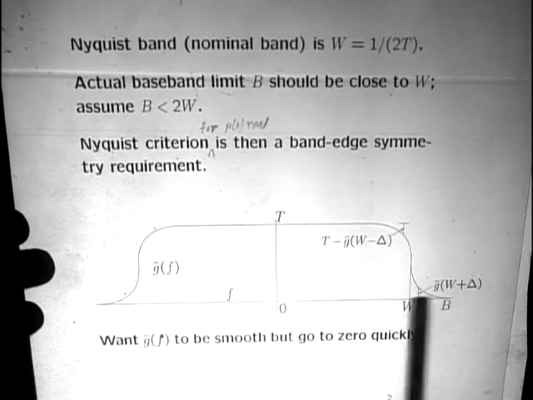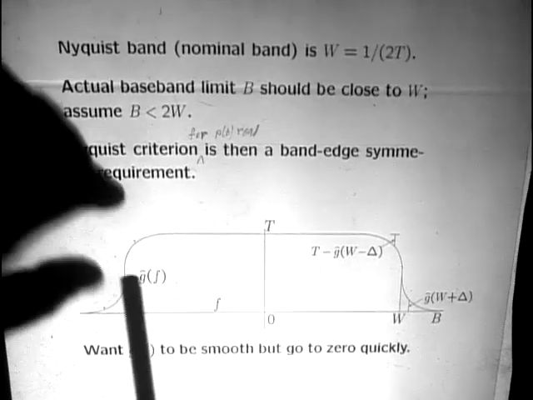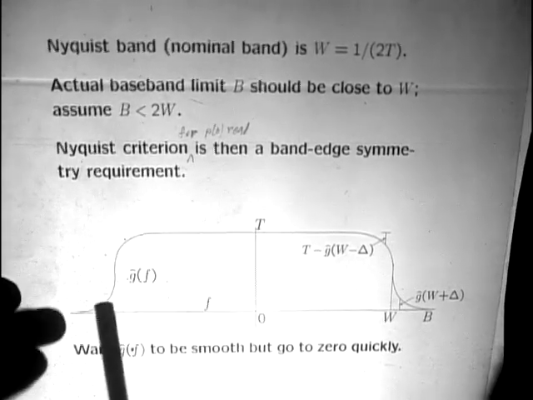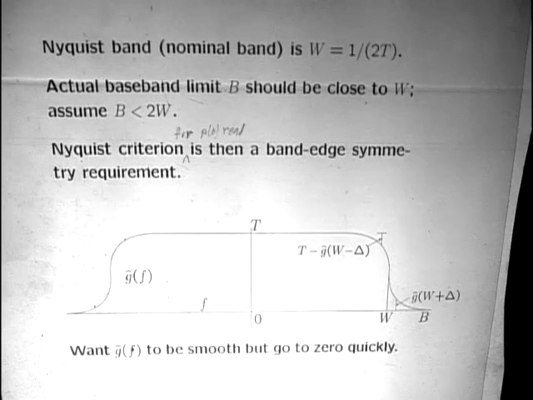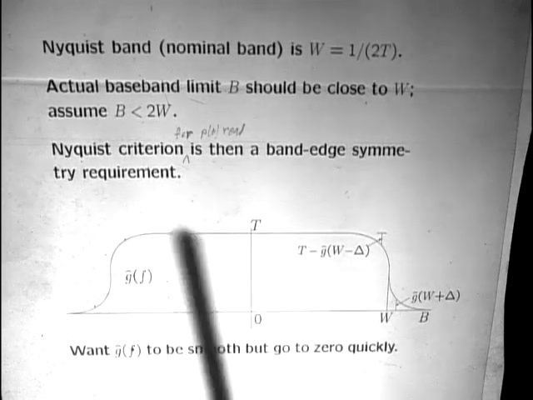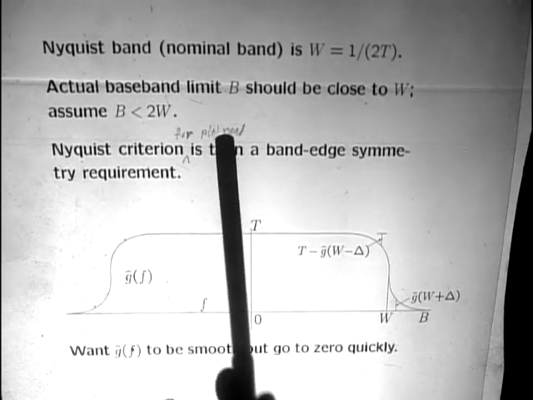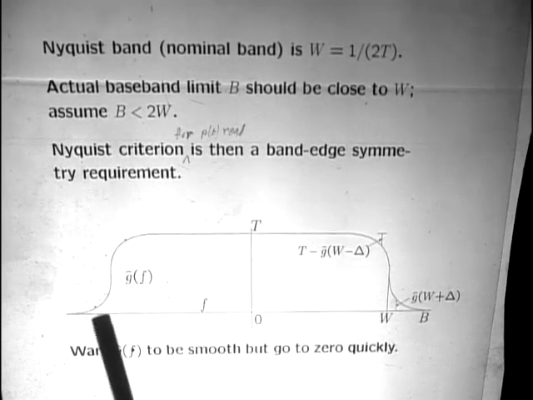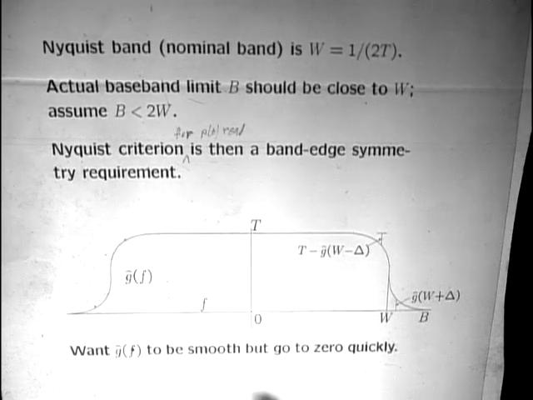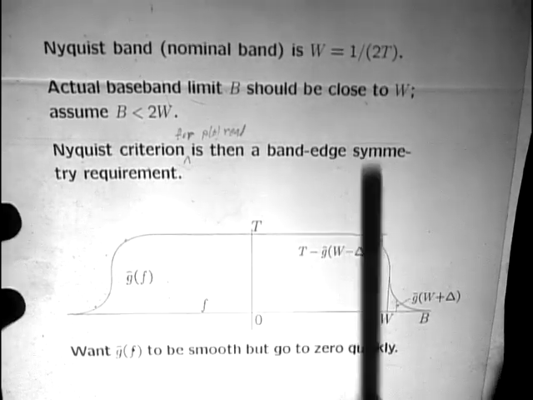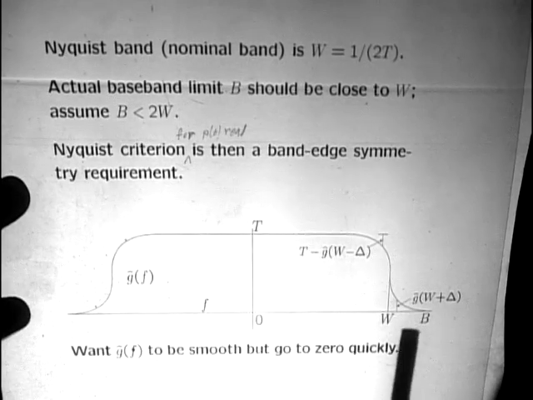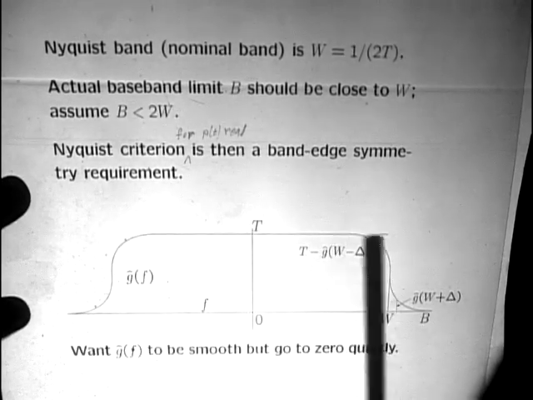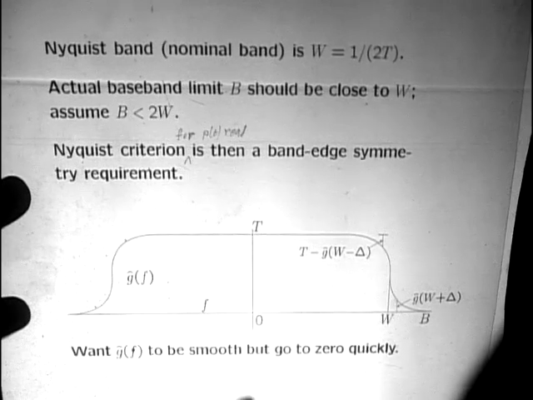You take this and you pick it up and you put it over here and you add it up. And if the pulse P of t is real, then what you have over here is the complex conjugate of what you have here. And if you make this real in frequency also, in other words, you have symmetry in time and symmetry in frequency, then this band edge symmetry requirement is that when you add this to this, you get something which is an ideal